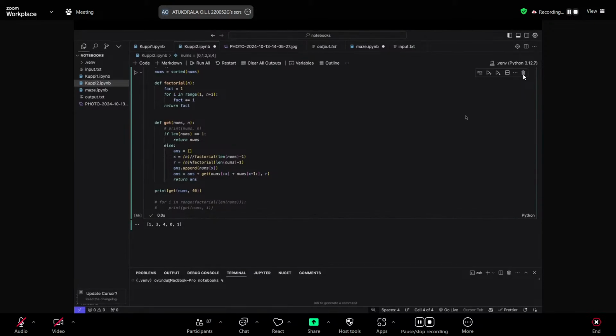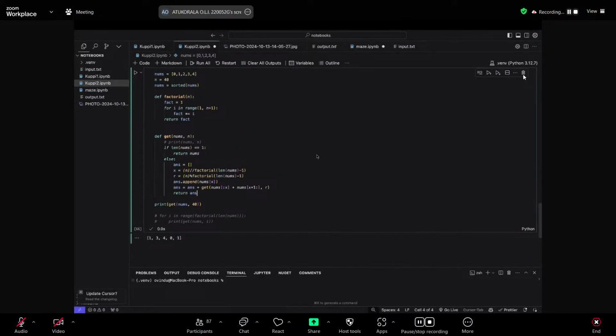Another thing is keep putting print statements. When I was explaining, you all saw how I was putting print statements everywhere and checking what happens from the code that I write. That really helps, because if you write the code in one stretch and then try debugging, it might be a bit of an issue. So keep putting print statements after every bit of code that you write, because that will be useful.